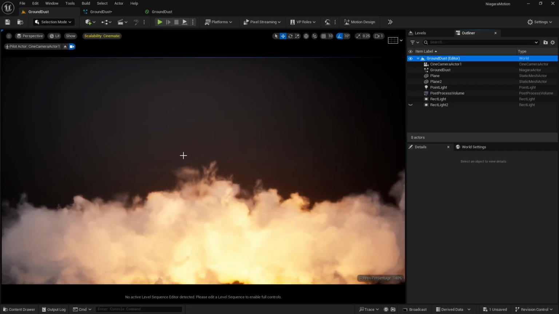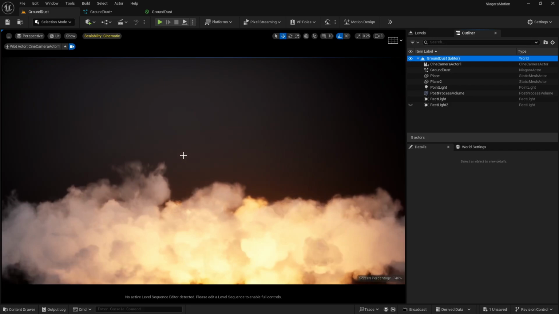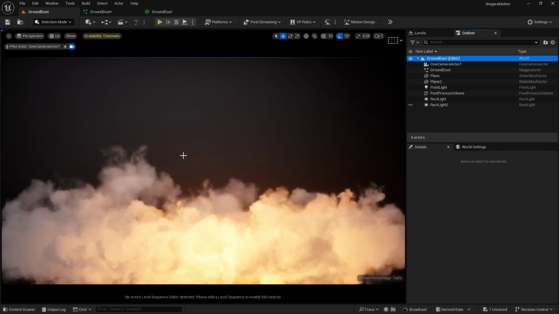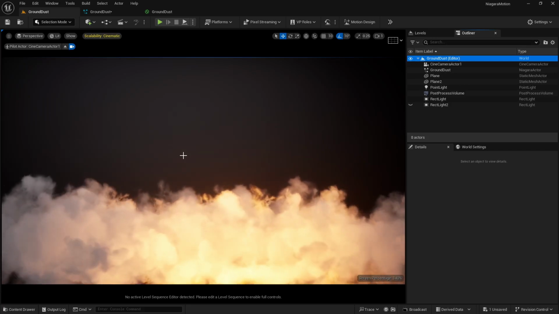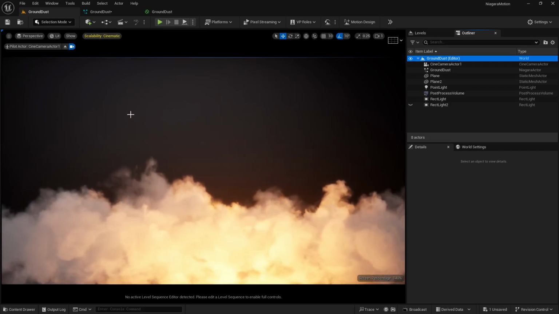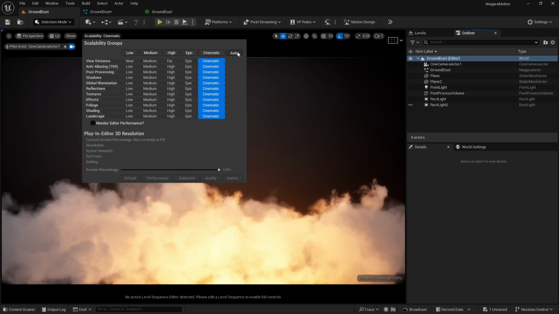Now if you are new to Niagara effects, you can check out my Sparks tutorial, where I show you how you can create simple sparks with the help of Niagara effects, and I'm going to continue from there so even a beginner can follow along with me. So let's switch to auto here first.